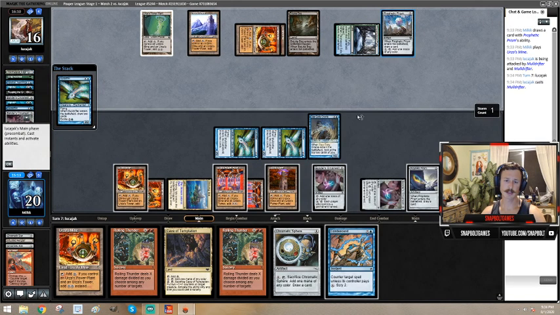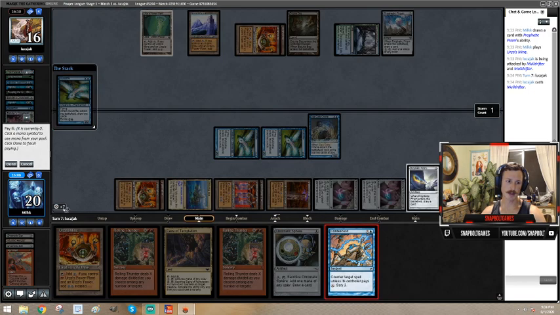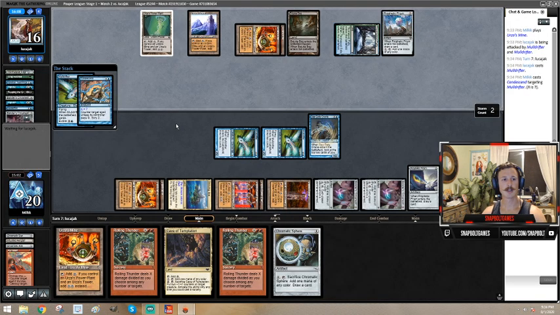So 5, 6, so I can actually Condescend this. I'm going to try to. If they counter back, they counter back. Then that frees me up to just cast a big Rolling Thunder for the win. Rolling Thunder for 7, and they have 6 mana up. Sure. They can Pyroblast it, but...